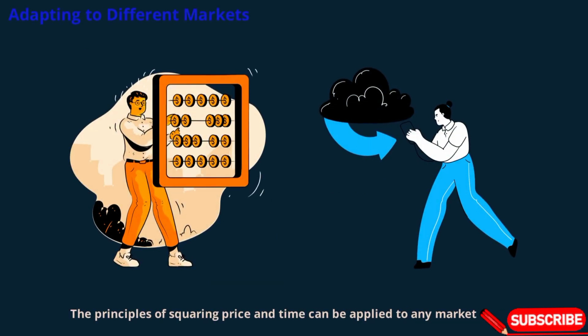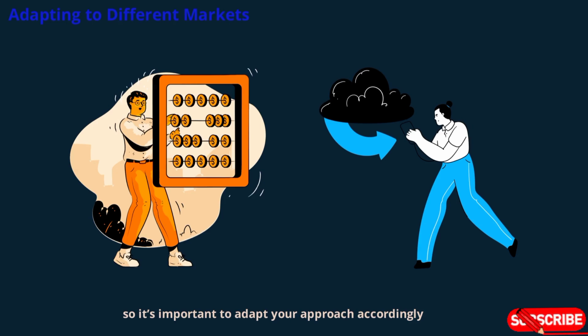particularly strong. Principles of squaring price and time can be applied to any market, from stocks and commodities to forex and cryptocurrencies. However, each market has its own unique characteristics, so it's important to adapt your approach accordingly. Pay attention to the specific price ranges, time frames, and volatility of the market you're trading, and adjust your squaring